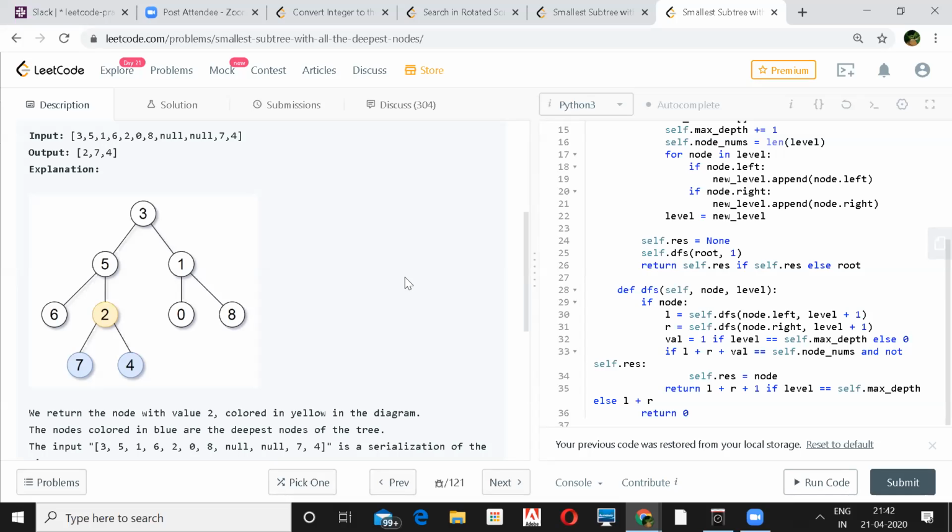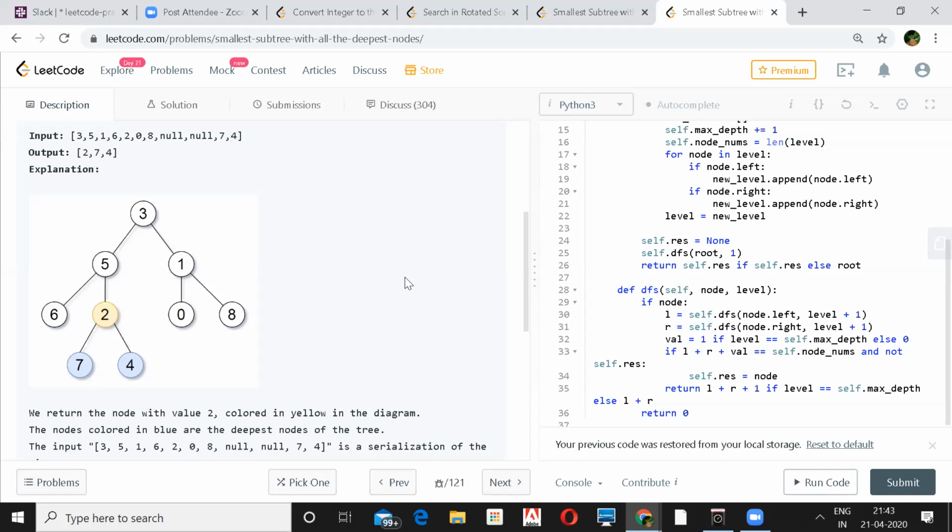Then do a level order traversal of the whole tree. In the first level, you will have 3. In the second level, you will have 5, 1. And in the last level, you will have 7 and 4. So once you know the number of levels in the tree, that is, in this tree, the number of levels is 1, 2, 3, and 4.